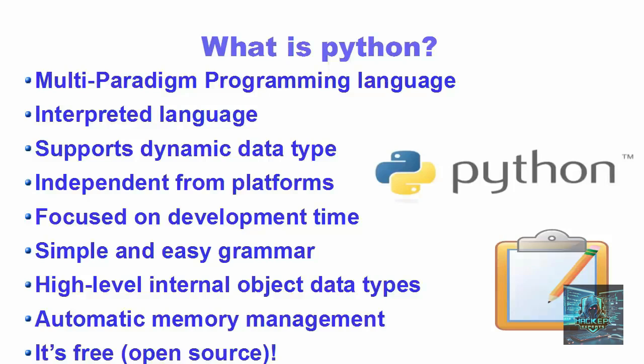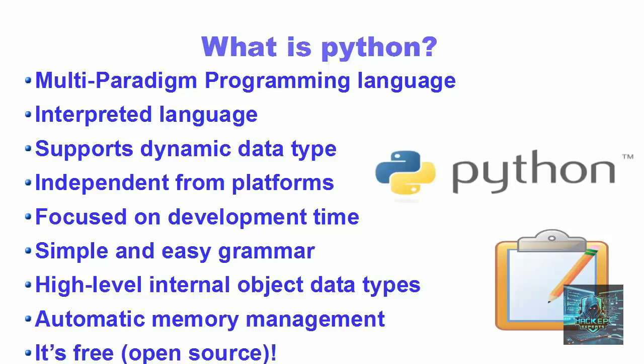So a compiled language takes the entire program as a single input and converts it into machine code or byte code, which is stored in a file called a binary file. On the other hand, interpreted languages like Python take a single instruction as input and execute that instruction. Now, compiled languages run faster because compilation is done before the execution. On the other hand, interpreted programs run slower because compilation and execution take place simultaneously. In case of Python, even though it's an interpreted language, it's really fast.